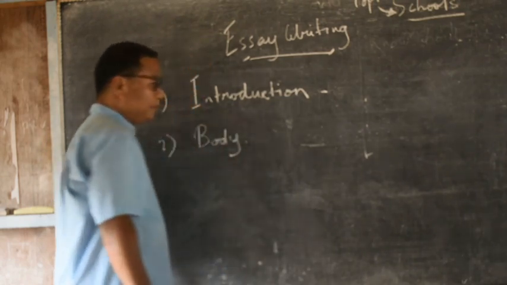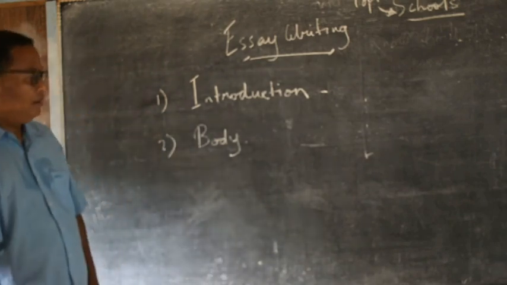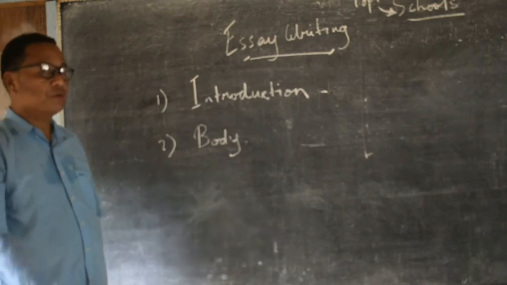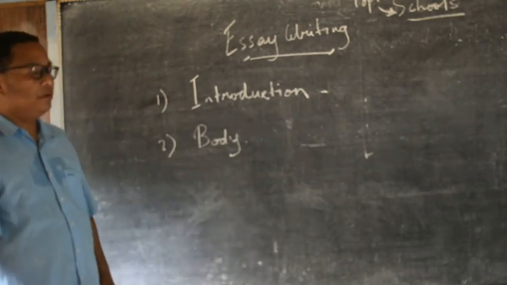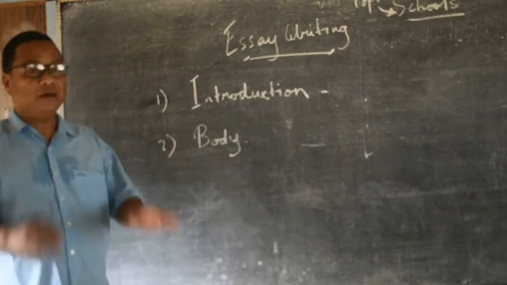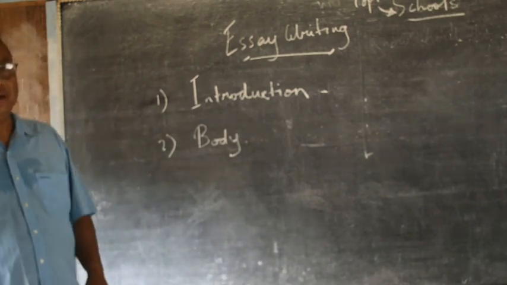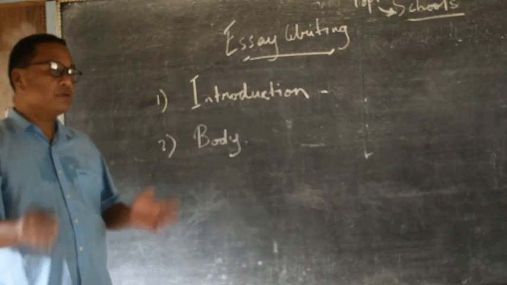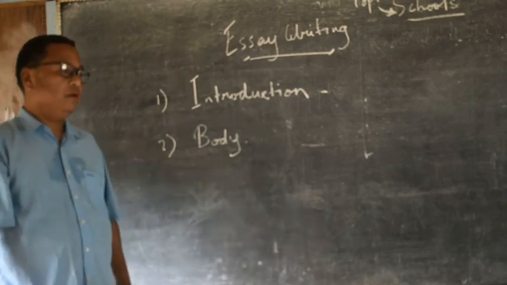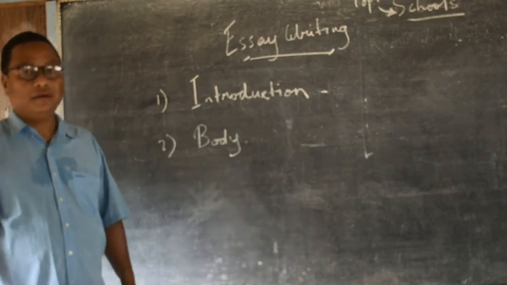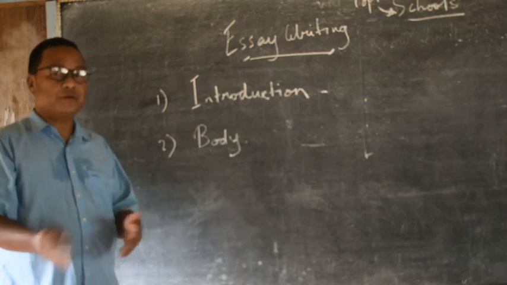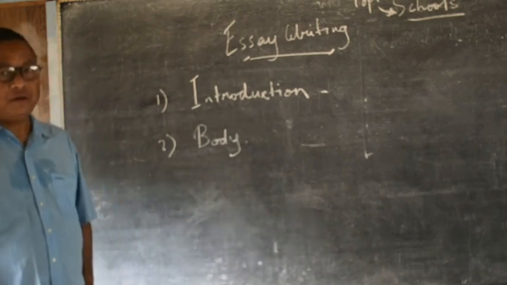The body is the main part of the essay. Here in the body, we write in detail about schools. For example, there are many kinds of schools. There are many different ways of teaching. Some schools utilize modern technology to teach, whereas in rural areas there are some schools which do not have access to any modern technology.